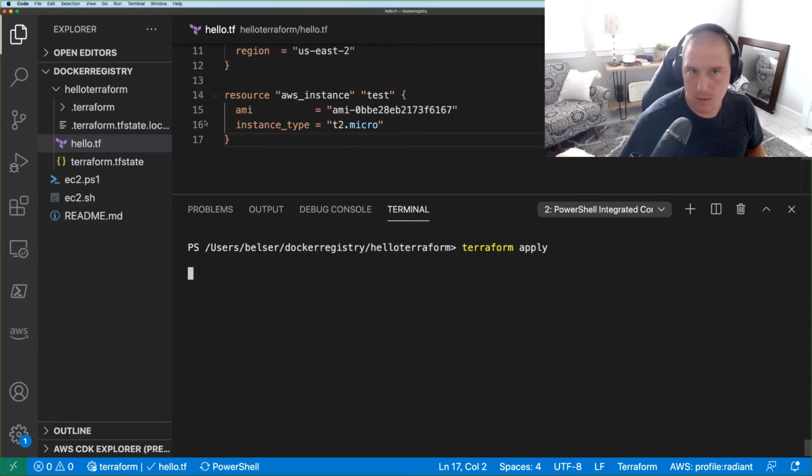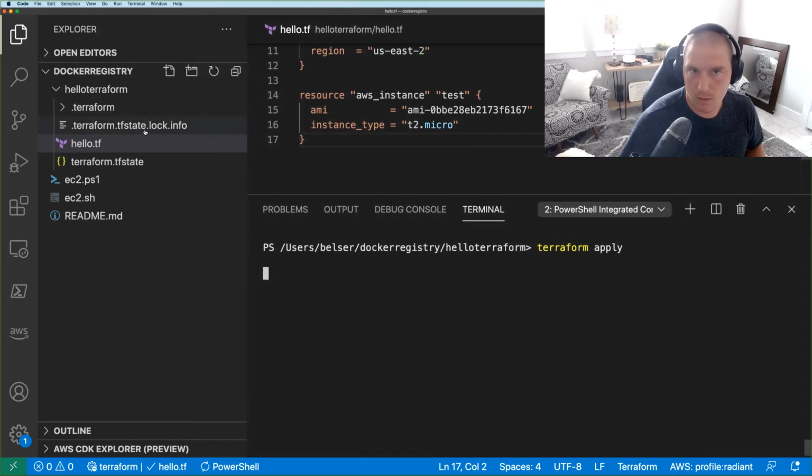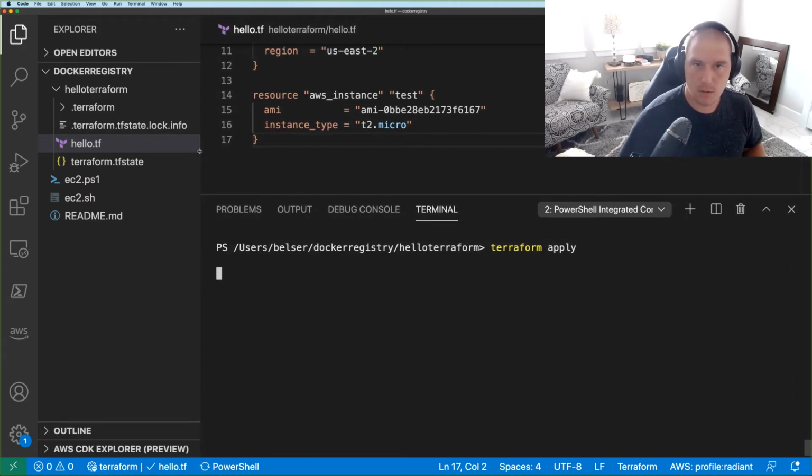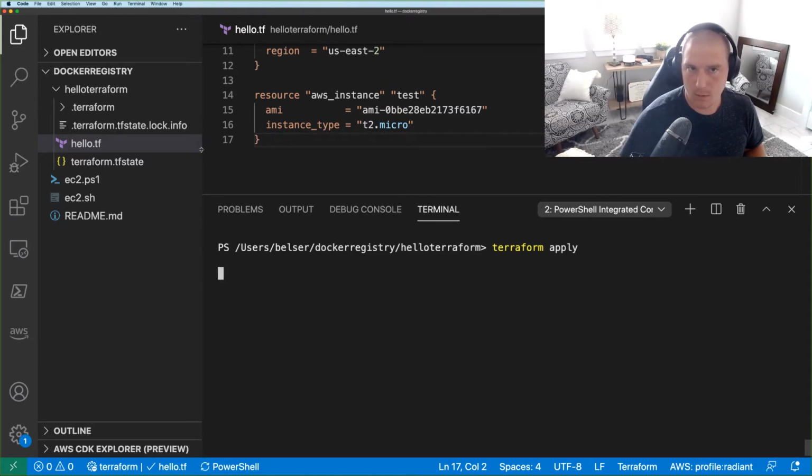As you can see, it wrote this state file locally and it locked it. So to handle concurrent requests, only one at a time can make modifications to that state file. And again, this is really elementary. This is the hello world of Terraform. And in future videos, we'll get into much finer detail